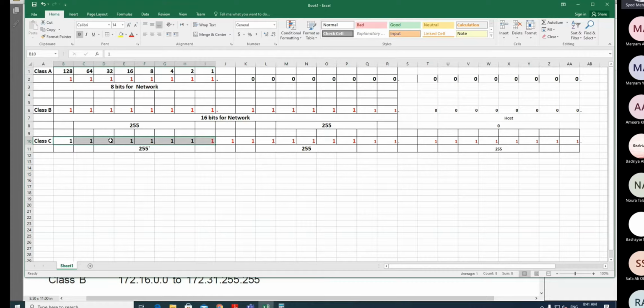Here, 1 2 3 4 5 6 7 8. See here, so it means the first 8 bits we can convert into binary 255. The second 8 bits are again 255. The third 8 bits are again 255. So the default subnet mask will be